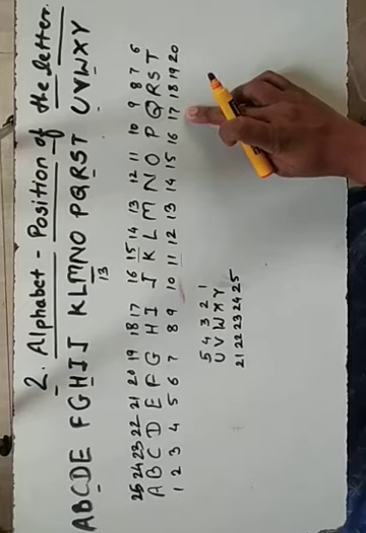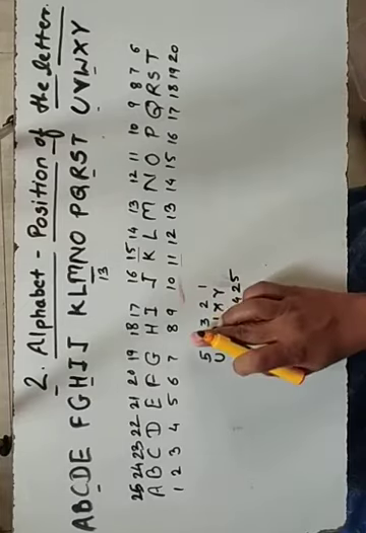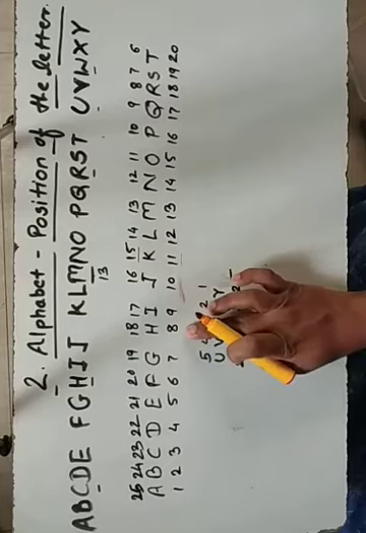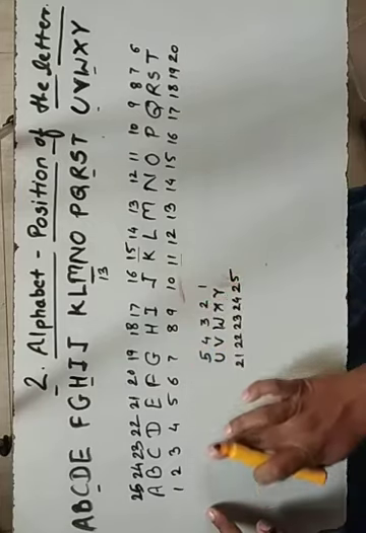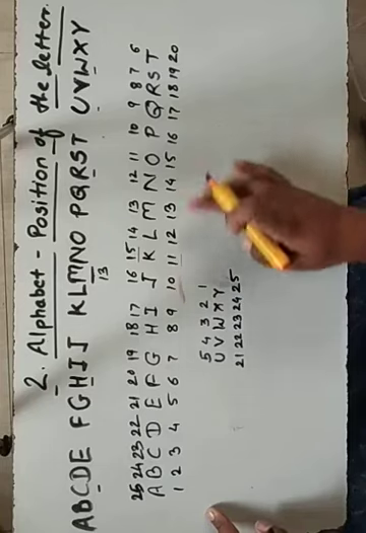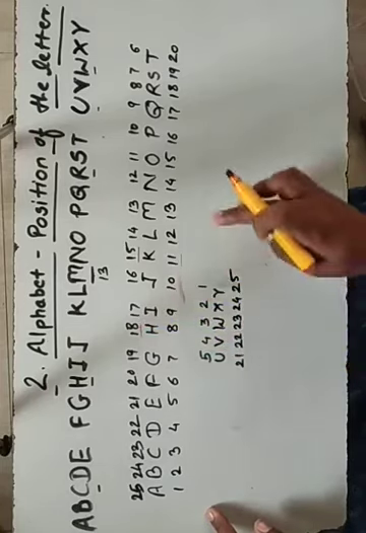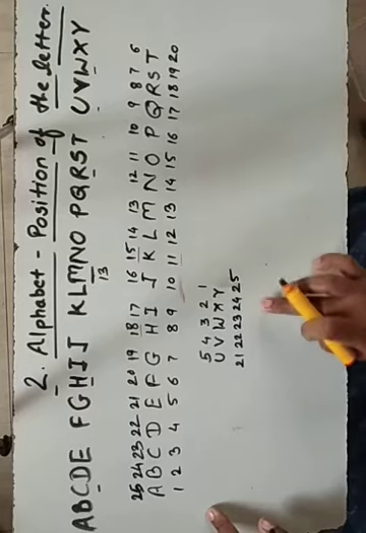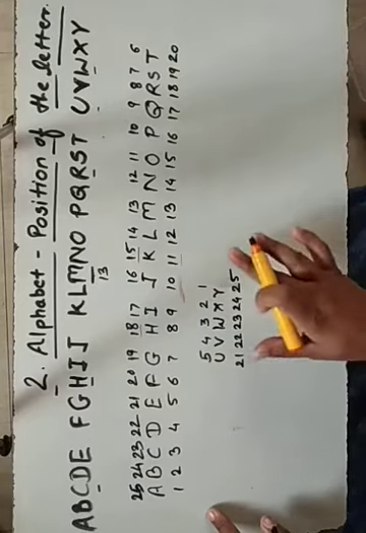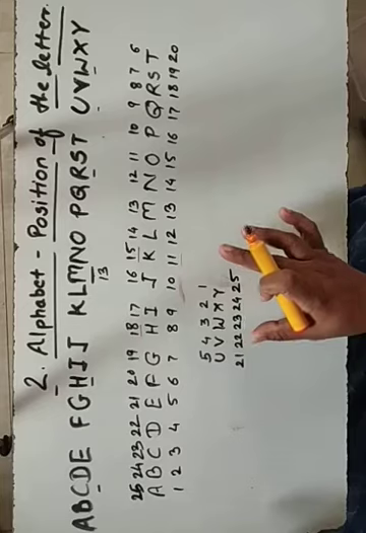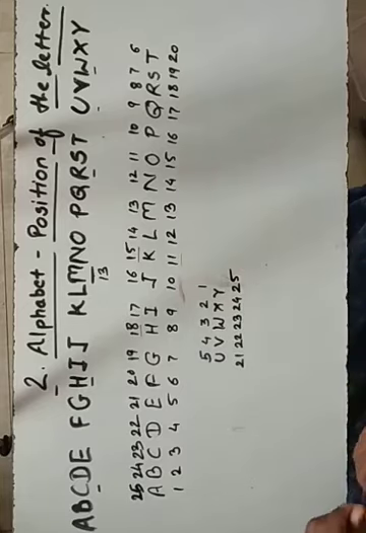Okay, so that is Q's position. In this way, every letter's positions are there. Suppose H I am taking. From left side it is at 8th position, and from right side it is at which position? 18th position. This also you have to take into account, because there is a space problem, that's why I wrote it downside. So in this way, you have to keep these things in your mind whenever you are solving the examples.